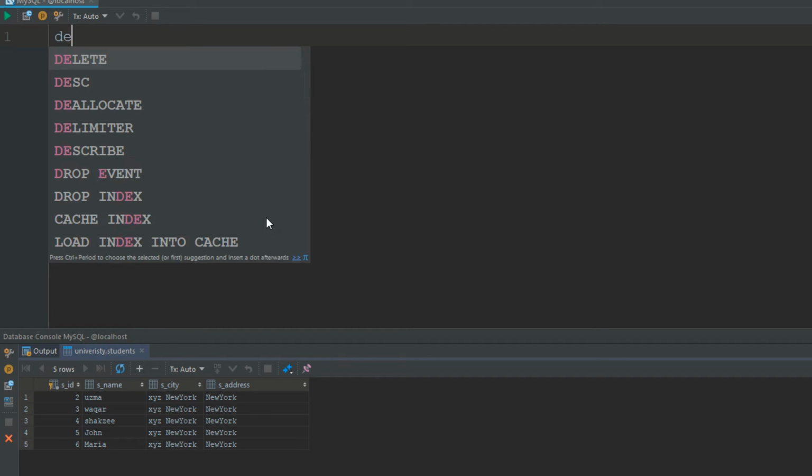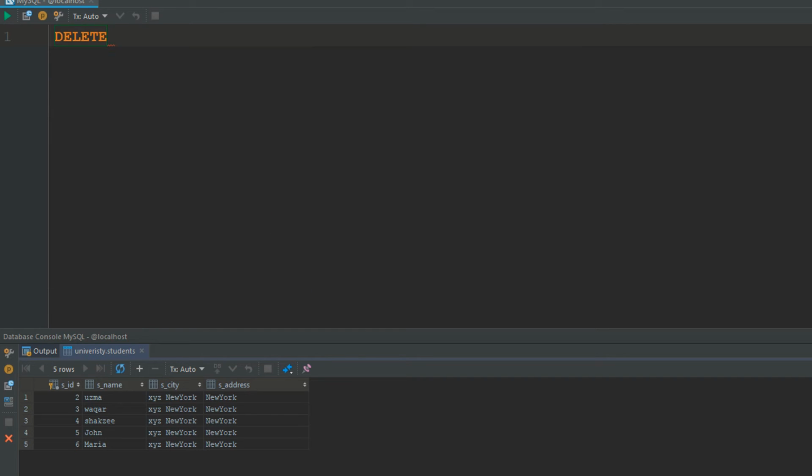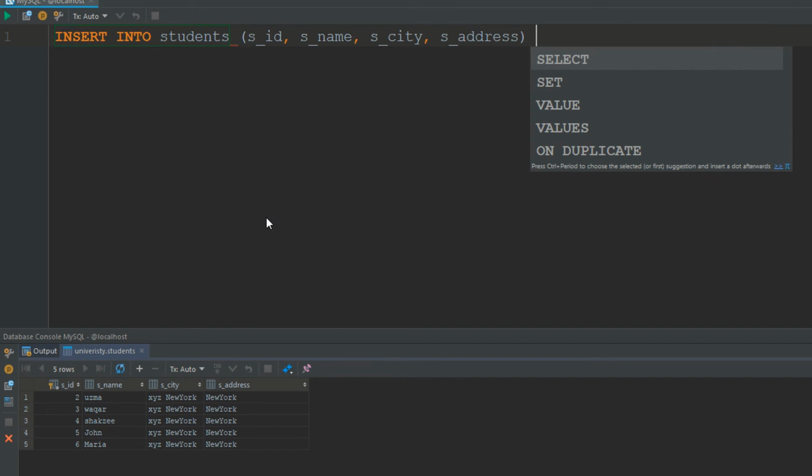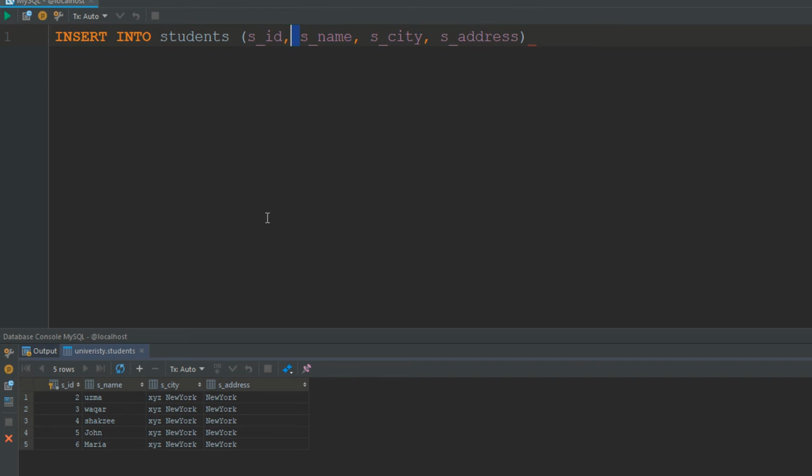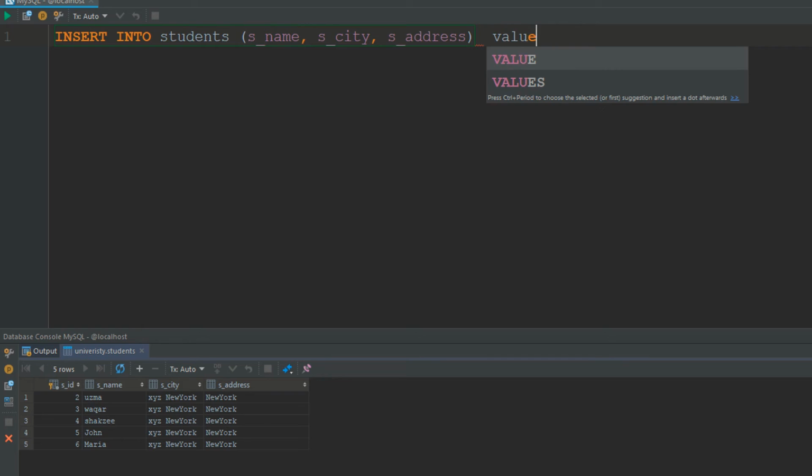Suppose I am saying insert into students, and now I am saying values are,